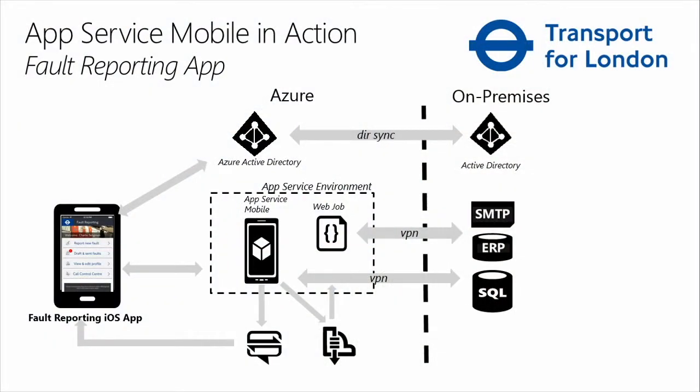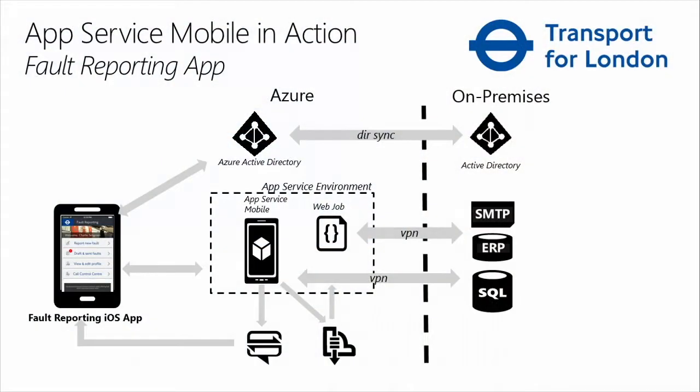Transport for London is very cautious about their data. So all of the data, like many enterprises, is stored on premises. And to do that, they set up a VPN, a virtual private network, with App Service. You can do this using App Service Environments, another great feature of App Service that offers you an independent, isolated scale unit for your apps that you can put in your own virtual private network that you can have dedicated IPs for, and you can securely connect to on-premise resources like ERP systems, like on-premise Office installations or CRM systems, or SQL databases, which in this case is also